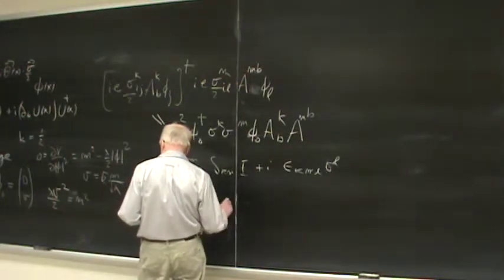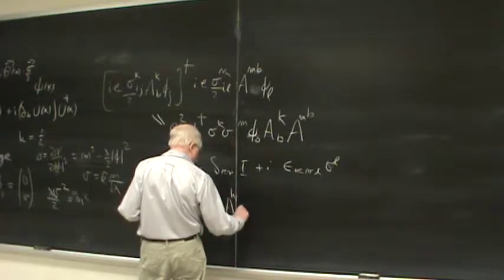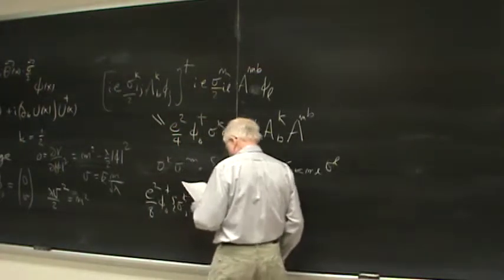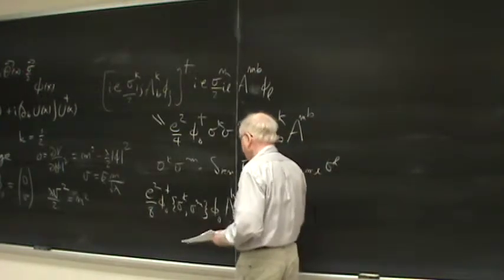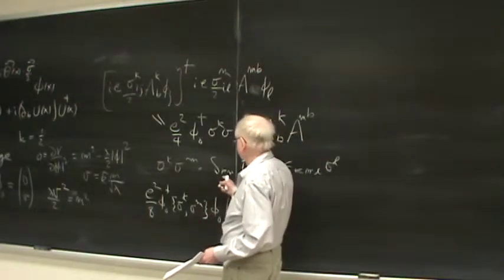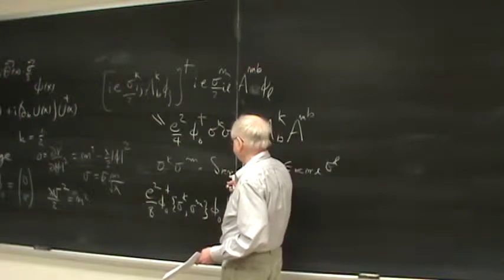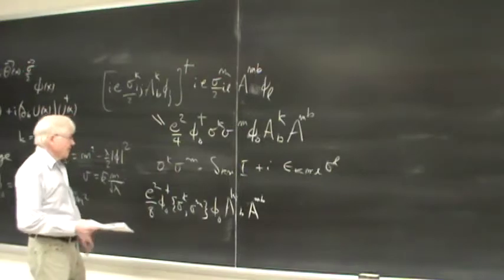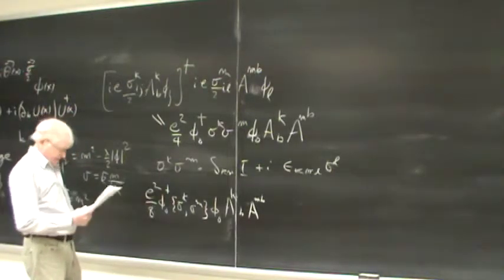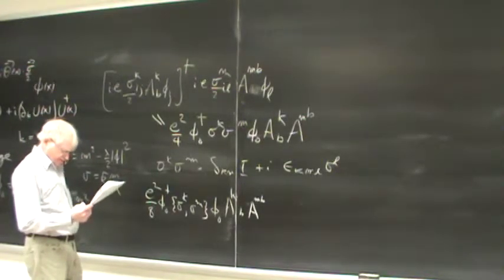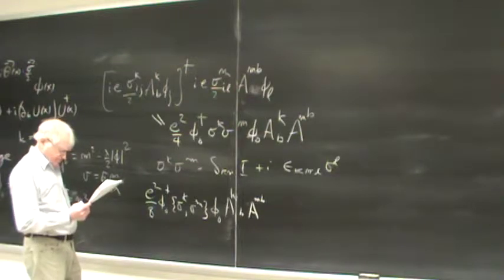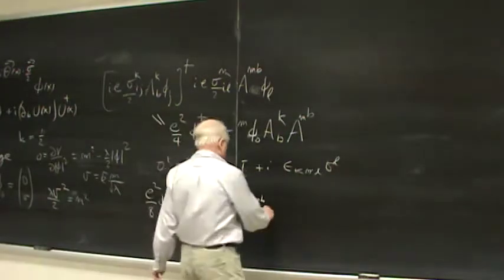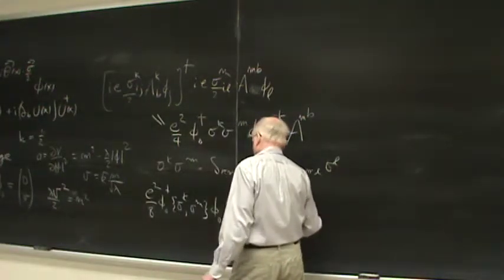And, well, of course, this thing symmetrized, it's actually 2, isn't it? Right, this is then 2 times the identity, so this is e squared over 4